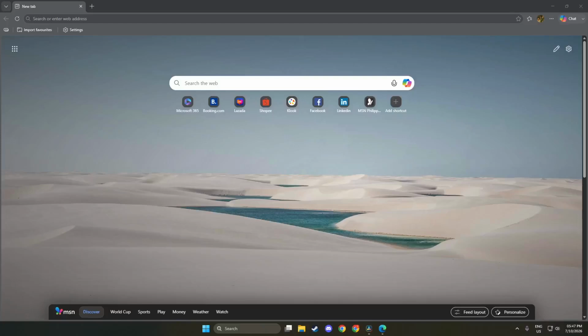In today's video, I'm going to teach you how to make a QR code in Microsoft Edge. First, you will want to open Microsoft Edge. This is the browser you will use to generate your QR code. If you are on your computer, look for the Edge icon, which typically looks like a blue and green wave. Click on it to launch the application.